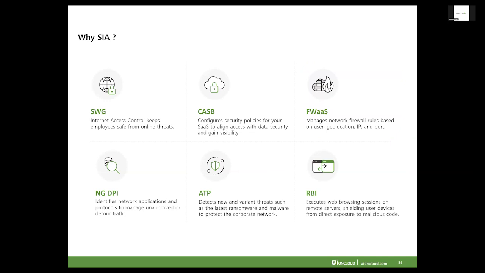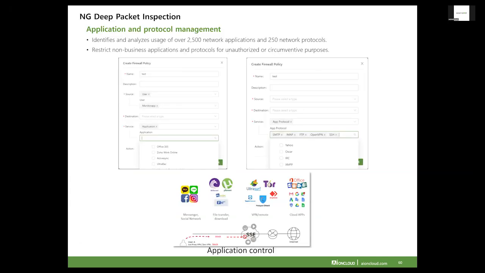The following category I want to discuss is the next generation deep packet inspection. While packet inspection is used in the SWG and CASB, the reason we call it next generation is because it has additional functionality worth mentioning. Namely, that additional functionality is blocking applications and protocols on user devices. For example,